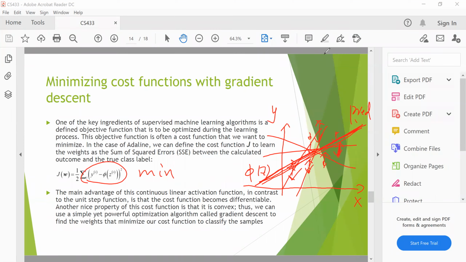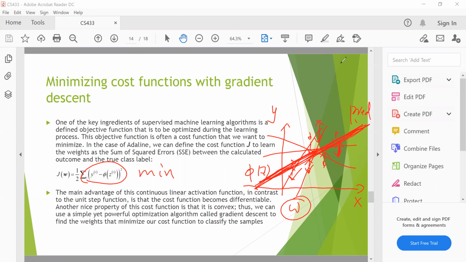Visually we can see probably this one. The others may give bigger errors. So this one is the best choice. You need to find the best weight. So that's the goal